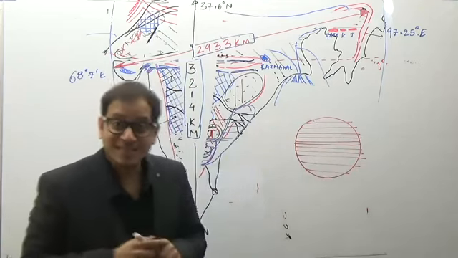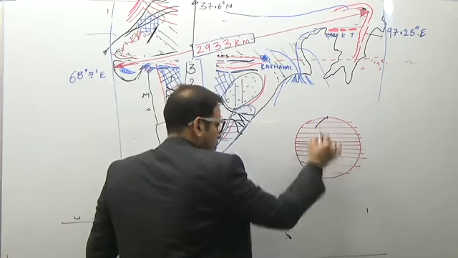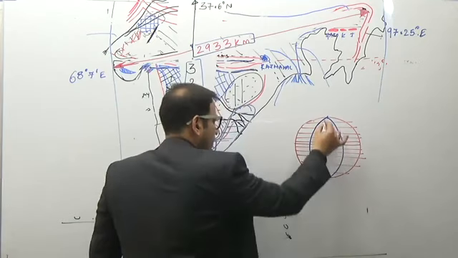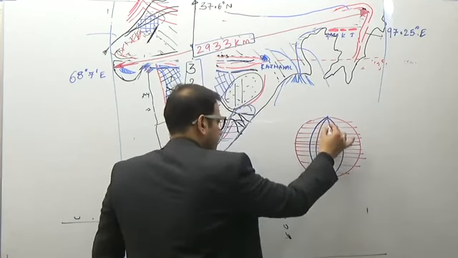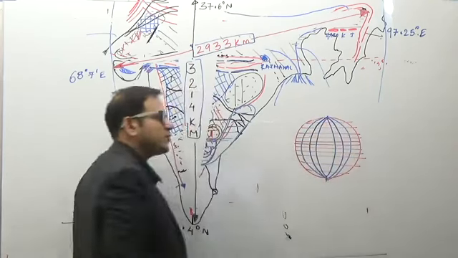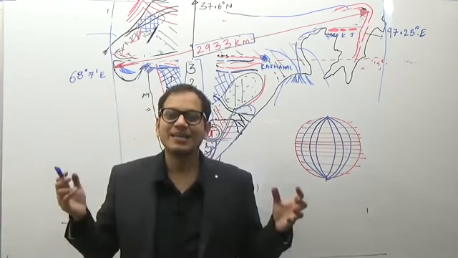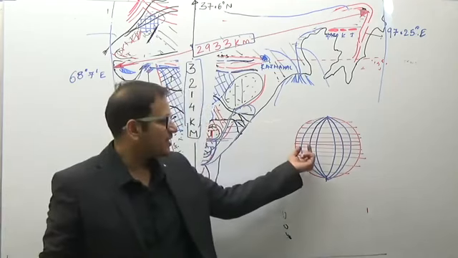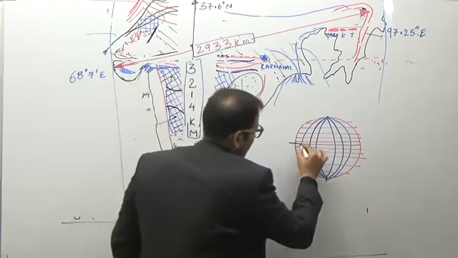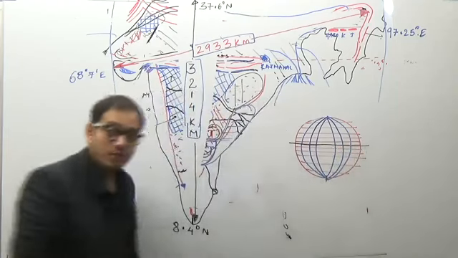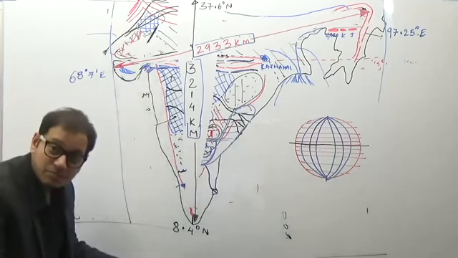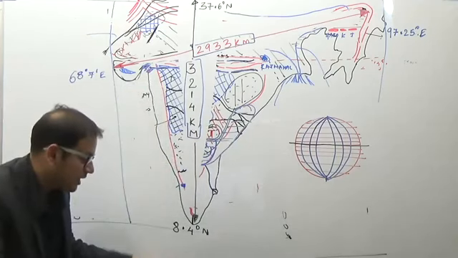What are longitudes? Semicircles which go from one pole to another pole are known as longitudes. Now, by our basics, we know longitudes are not at an equal distance away from each other. The largest distance between the longitudes is at the equator, while the distance keeps on decreasing as we move away from the equator. And this you apply here as we move away from the equator, which is 0 degrees. India is near